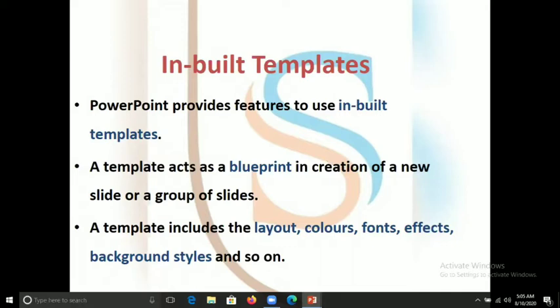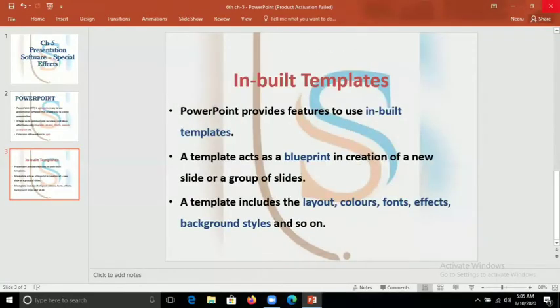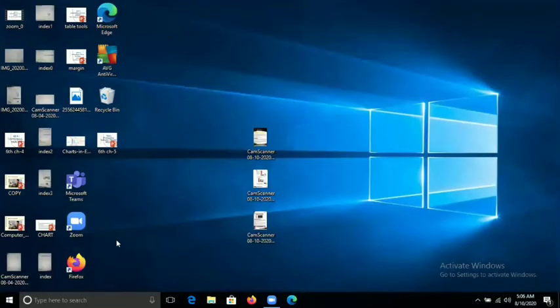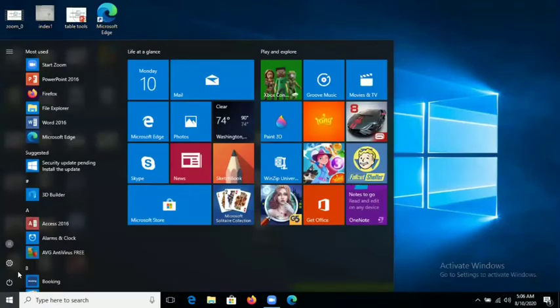So let's start. How we can open the PowerPoint, how we can start it, and how we can take an inbuilt template. Firstly, how to open PowerPoint. Click on the Start button. You can see in this list, PowerPoint 2016 is here.